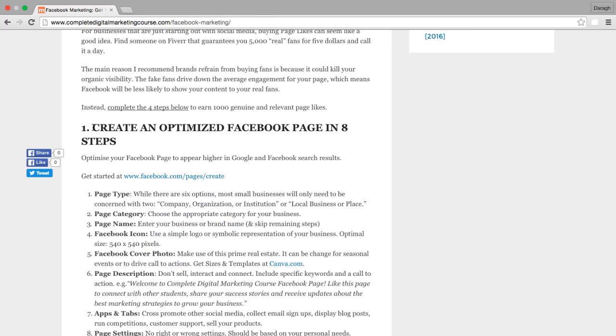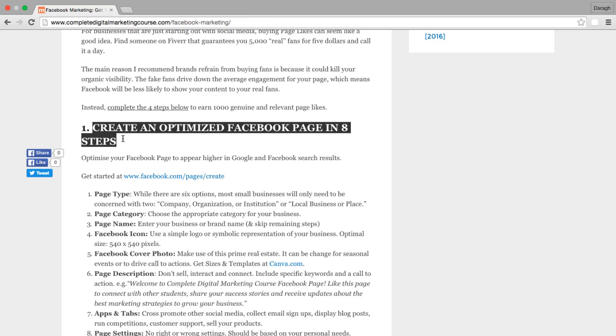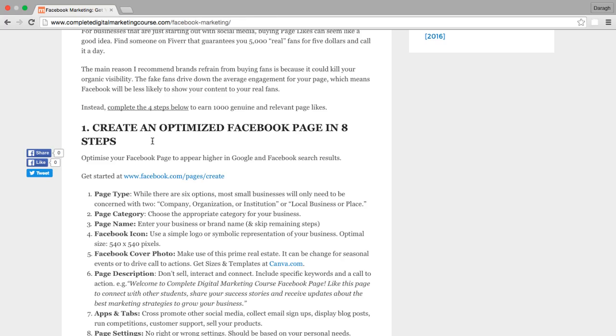And we are really going to focus in the next few lectures on creating an optimized Facebook page in 8 steps. If you remember, the Facebook page is really going to be the representation of your business on Facebook. This is how you'll get a presence on Facebook. And in this lecture, we're going to cover the first 3 points. This will be pretty quick to do, and we're going to really get started here